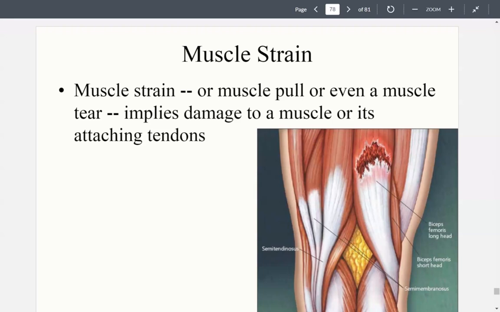Now, muscle pulls are going to be far more drastic than strains. This is not simply a stretching. This is a very exaggerated stretching. Pulls are going to take longer than strains to heal. And then obviously tears are not good at all. We have actual ripping of the muscle. These are going to take far longer to heal and do need rest.